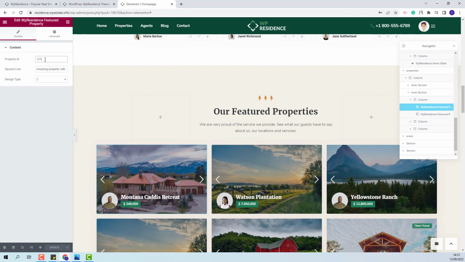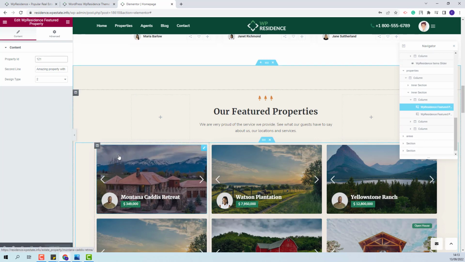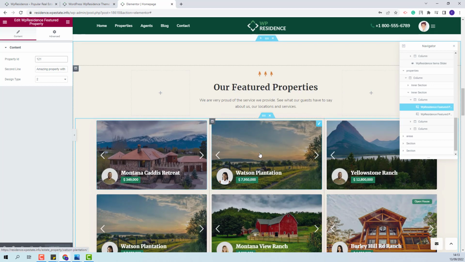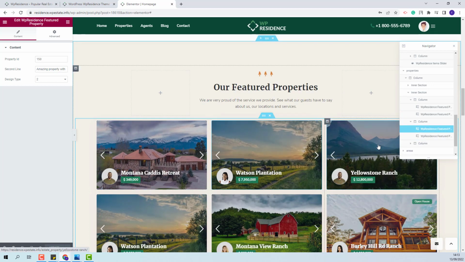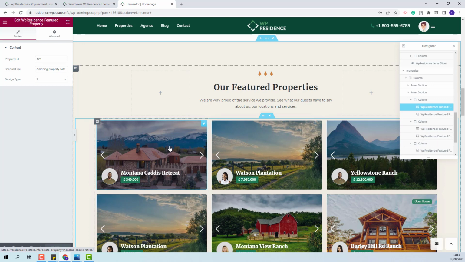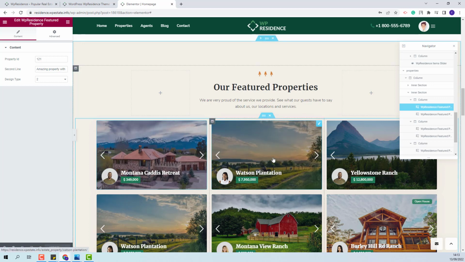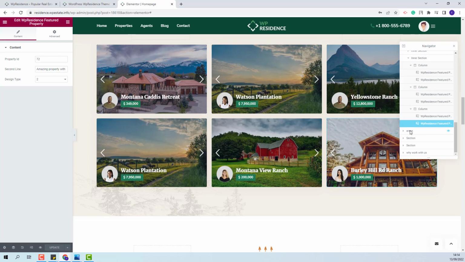Here you will need to add the ID of the property that you want to display on front end. You will need to do this for each element that you want to display. We added a separate featured property widget for each property that we display in the section, so you will need to edit the property IDs for each element. Going further to the next section,